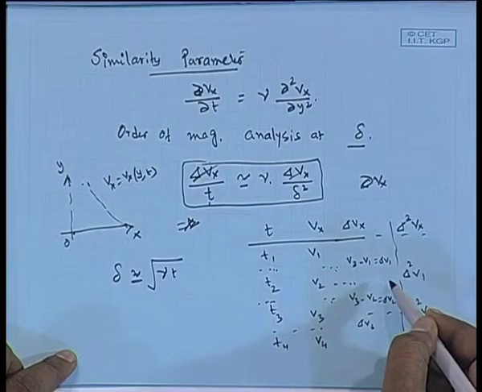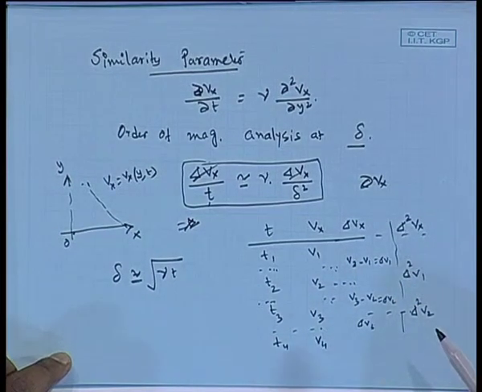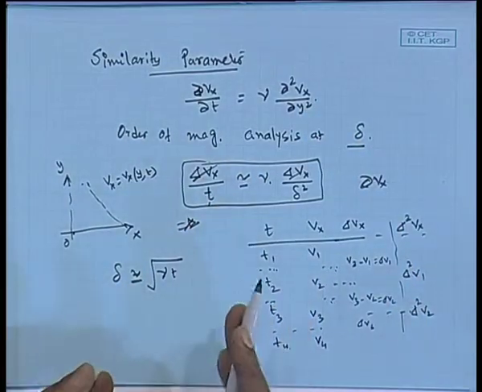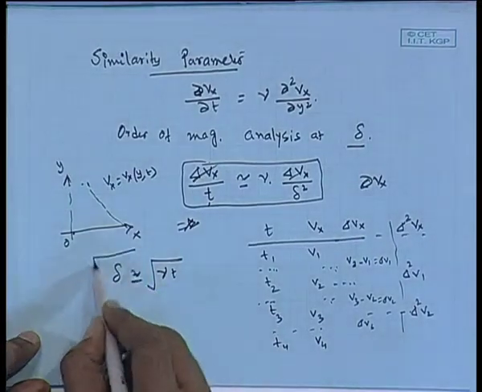But then we take the square of the other, no? It is not really a square, it is again a difference. No, it is again a difference. If you ever do numerical differentiation, then you can realize this thing. It will remain still a difference. In this case, it may be 2 minus 1. In this case, it may be 1 minus 0.7. Okay. The delta square Vx will be really a difference. If you do numerical differentiation, then you can realize it. Okay. So, delta will be roughly equal to root nu t.